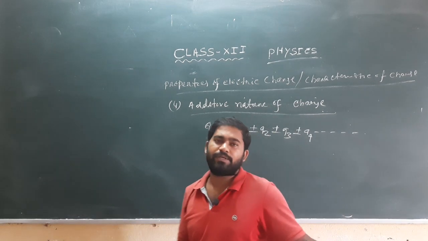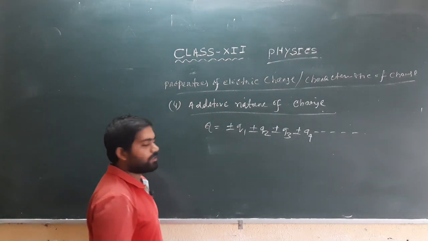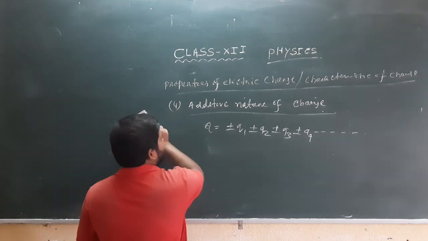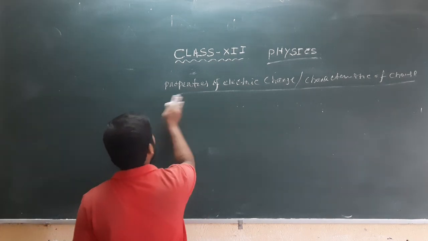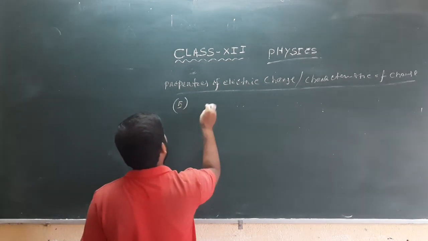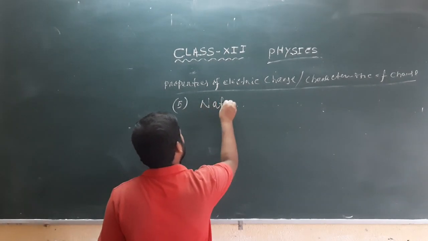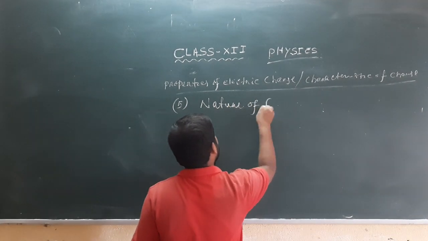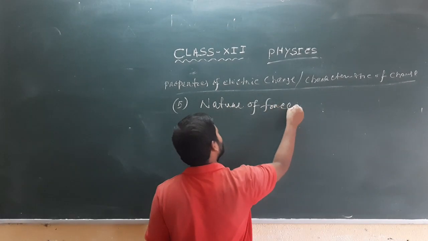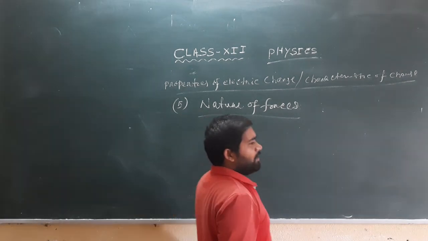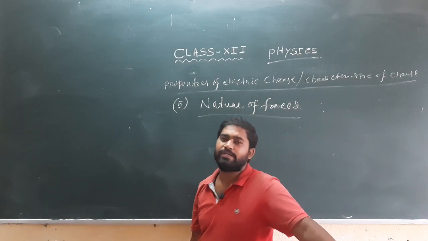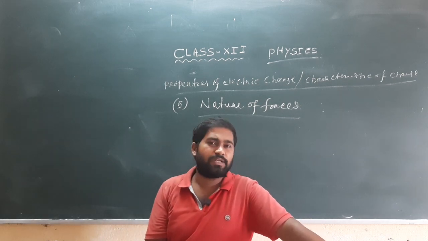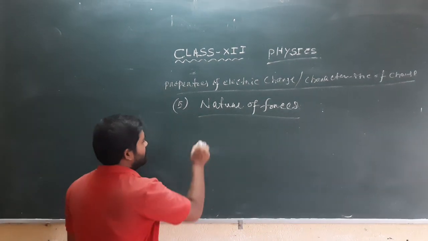Now the fifth property is about the nature of force of the charge. The fifth property of electric charge is about the nature of forces. And the nature of forces we can observe by frictional electricity. Suppose I consider